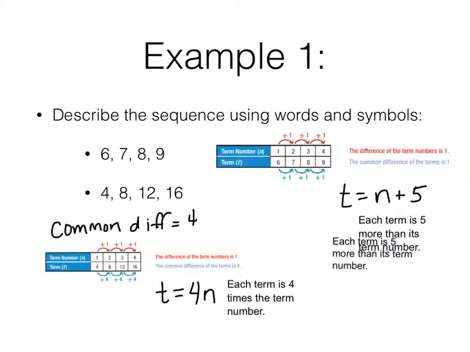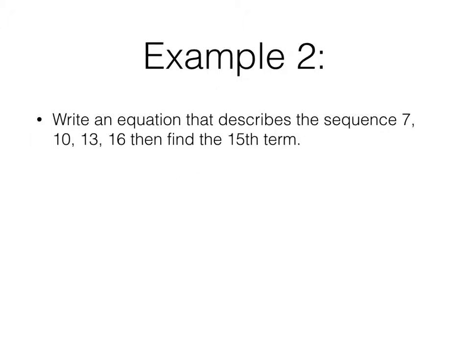So how can we use this in real-world style problems? Well, we absolutely can. There's a whole bunch of ways we can. Like in problems like this. Write an equation that describes the sequence 7, 10, 13, 16, and then find the 15th term. So that would require us writing it all the way out until the 15th term. Now that's tedious. That's not something I want to do. Instead, I'd like to find our equation to match this circumstance and then use the equation to find the 15th